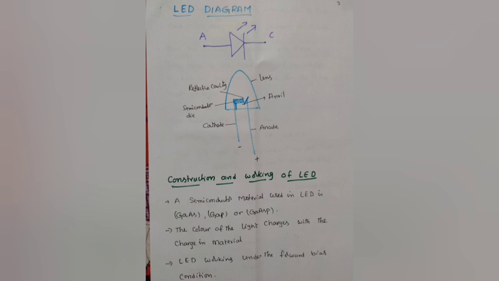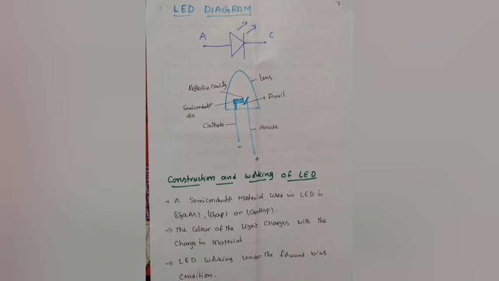Now coming to the light emitting diode diagram. In this slide, the normal diagram of LED is displayed. It has two terminals, one is an anode, one is a cathode. Anode is related to the p-type material, cathode is related to the n-type material. What is p-type material, what is n-type material? P-type and n-type materials are known as extrinsic semiconductors. To design any device, extrinsic semiconductors are very useful.